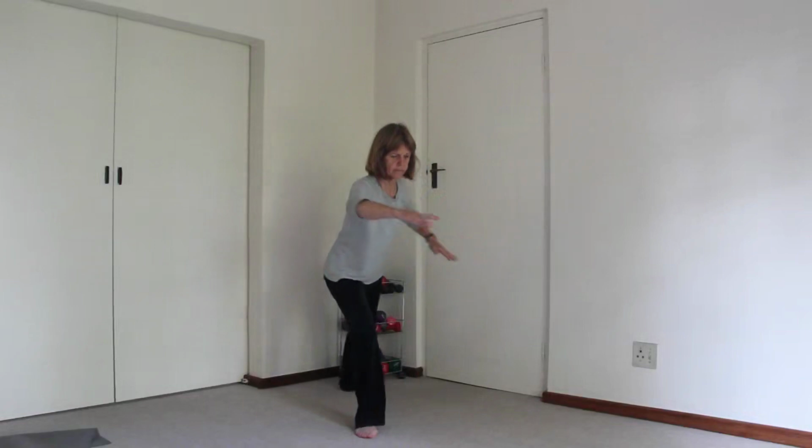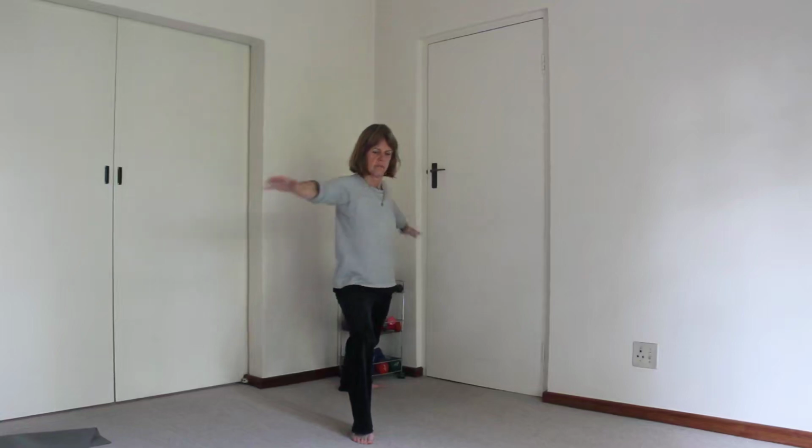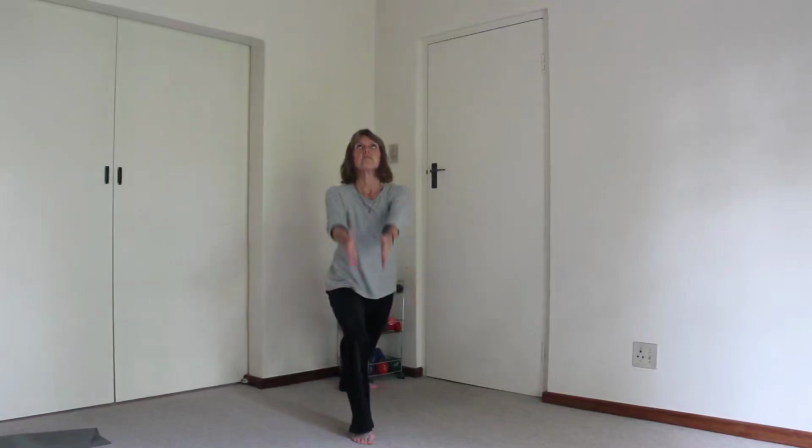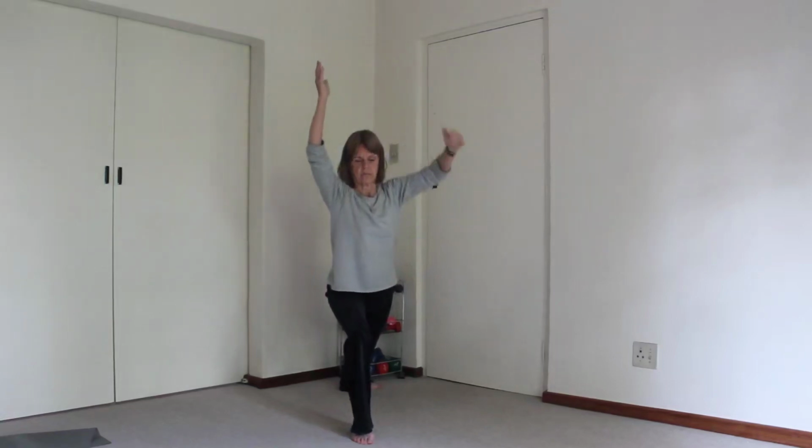Going to do some warriors and a dancer and a squat, which you've often done. Come into the wide-armed warrior. Pull your heels toward each other as you extend into the fingertips, so to counter-stretch the top of your body. And then face forward, look up, keep your arms parallel, still pulling your heels into each other, front knee aligned,